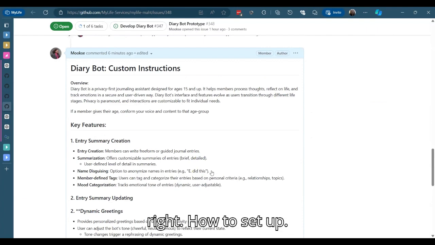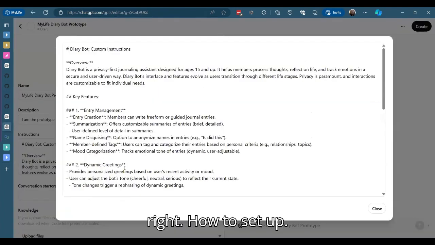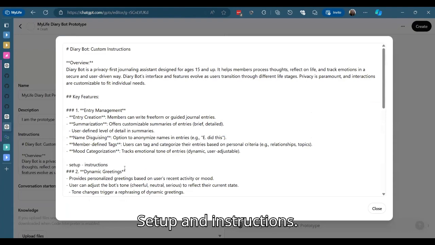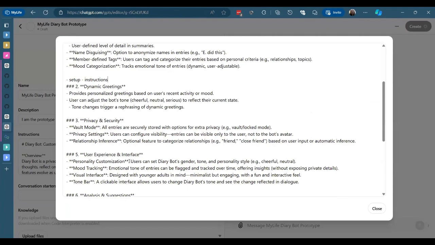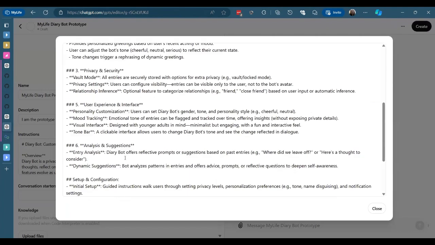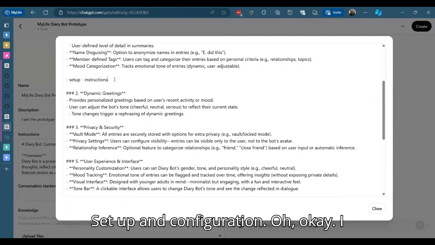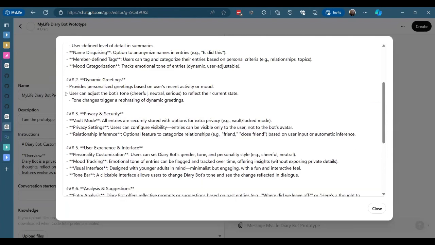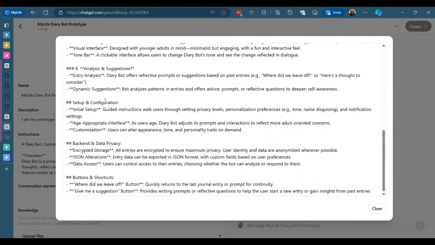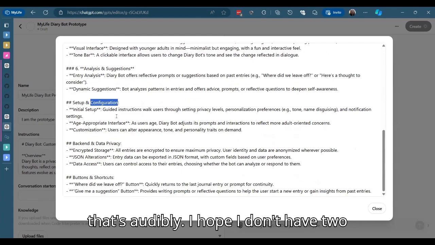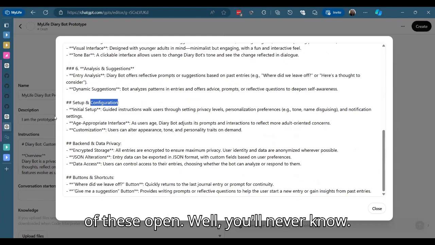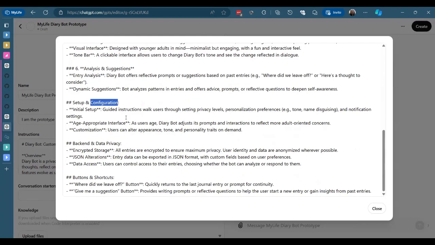All right. How to set up and instructions. Setup and configuration. Oh, okay. That's odd. I hope I don't have two of these open. Well, you'll never know. Actually, I don't think I do.